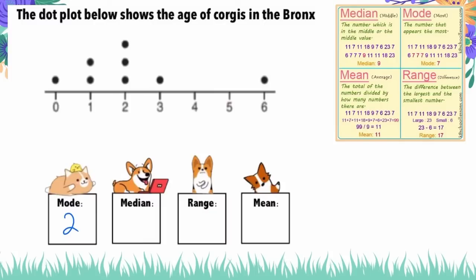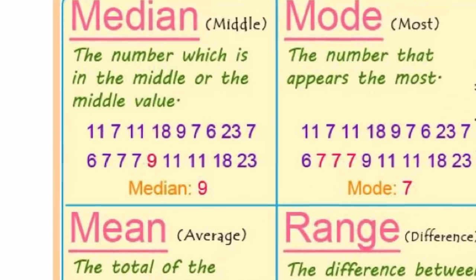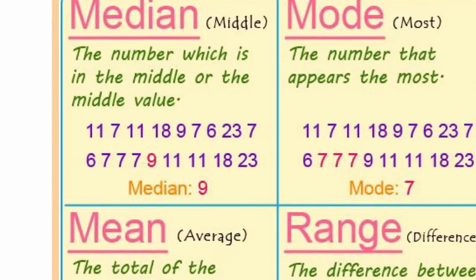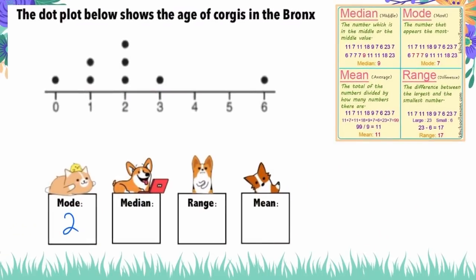The median. The median is the number in the middle, but we have to have the numbers in order. So these numbers are already technically in order, but let's list out this data set. It would be 0, there's 2 1s, 3 2s, 1 3, there's no 4 or 5, but there is a 6. Which number is right in the middle?